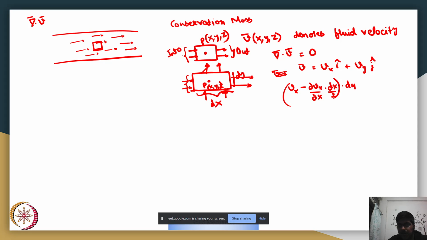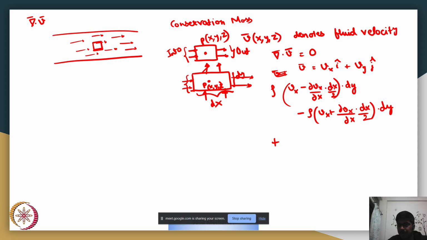So it will be rho, the density, into area into velocity, which is the amount of mass flowing inside, minus the amount of mass flowing outside. So this is the right face,